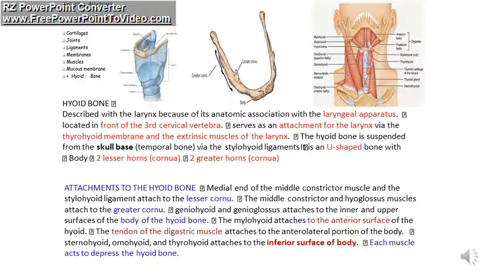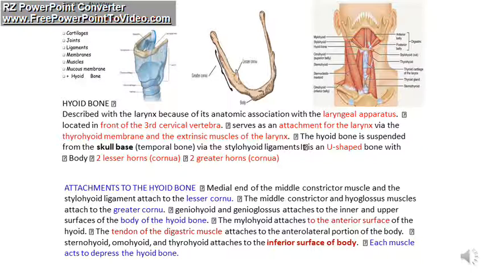And this is the relationship between the larynx and the hyoid bone and the floor of the mouth. The hyoid bone, you see, is U-shaped. Its anatomic association with the laryngeal apparatus, if you look here,